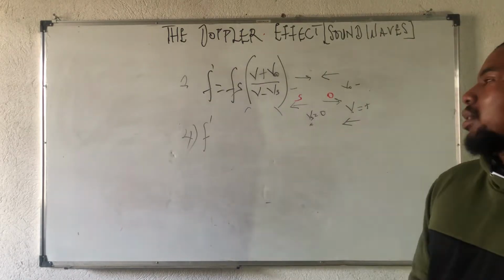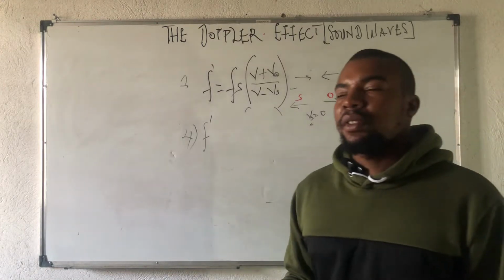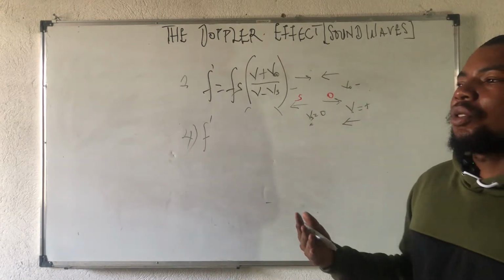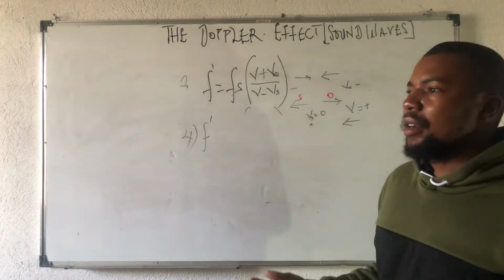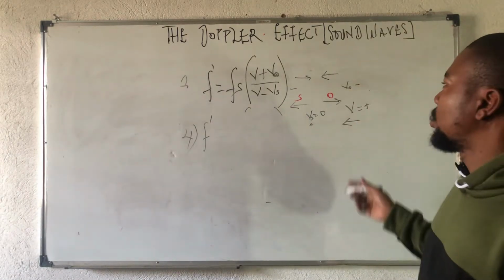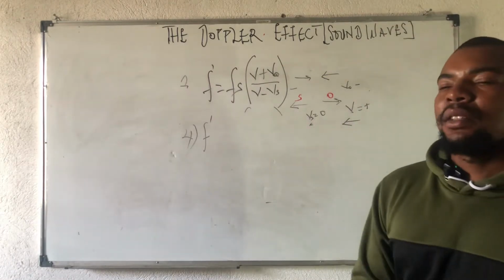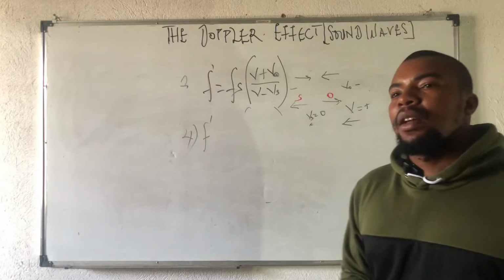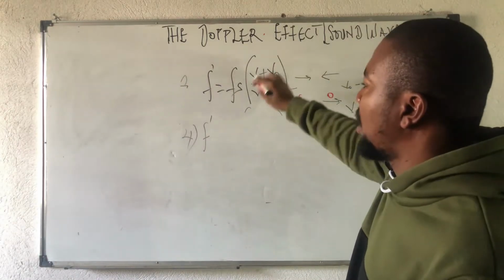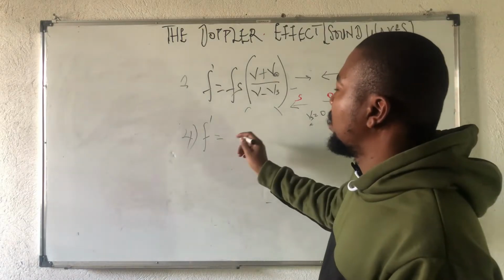Yes, it's going to be positive because it's moving towards the source. So the sound waves are going to be higher or more compressed as he approaches. All right, so his velocity is going to be positive, while the velocity of the source will be 0. Hence, from this formula, we're now going to get that the apparent frequency is equal to